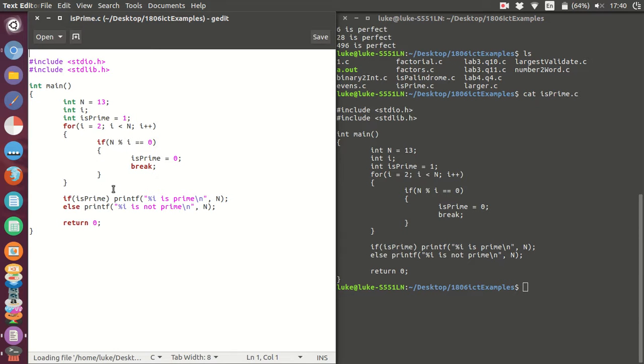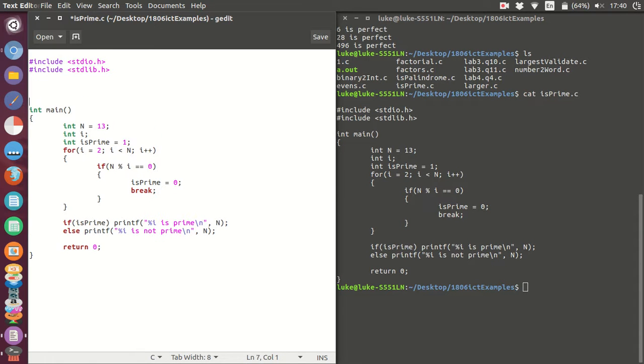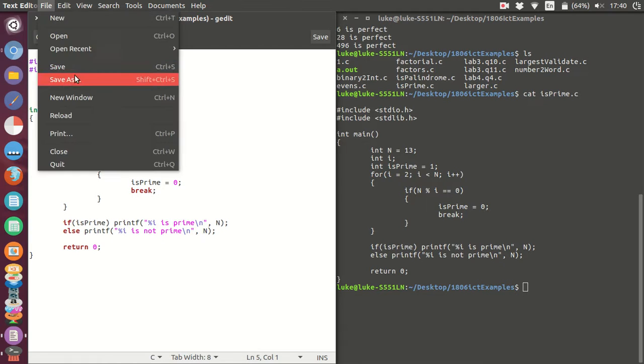So this checks if n is prime by assuming that it's prime and then going from the number 2 all the way to less than n, and checking if n mod i is 0, in which case that would mean that i divides into n evenly, and then we would say it's not prime, break, and then that gives us the answer. Otherwise we assume at the start it is prime. So the only way it's not prime is if we discover that it has a factor between 2 and n minus 1. So let's use this, and I'll save it as